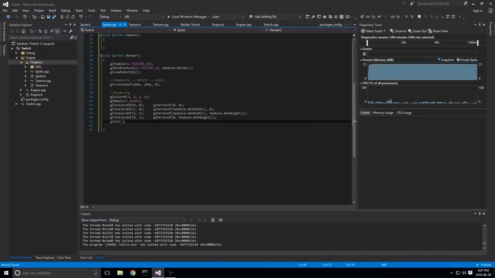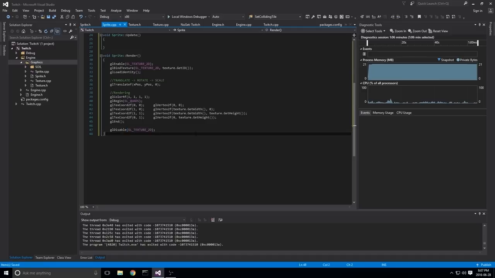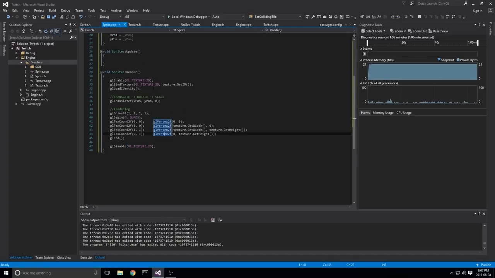So again, it's a state machine, right? Once we've begun, we need to end before we can continue doing anything else. Now that we've ended, again, we enabled GL_TEXTURE_2D, but we don't want to get in anybody else's way in case they forgot to disable or enable whatever they need. So we're going to disable GL_TEXTURE_2D. Okay. So now we're rendering. This code should take the texture positionings and put them wherever we translated our matrix to, and then it should actually render out. Now, there's two more things we need to do.